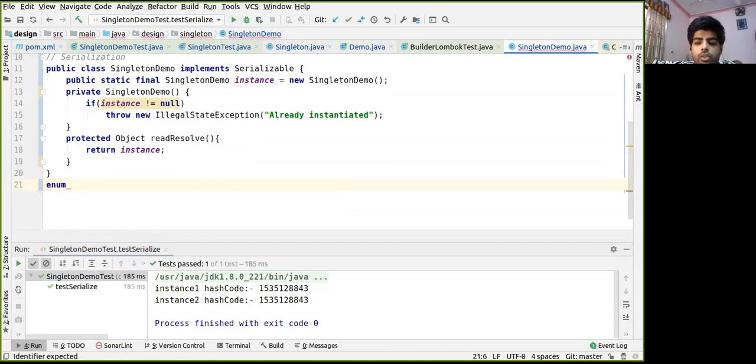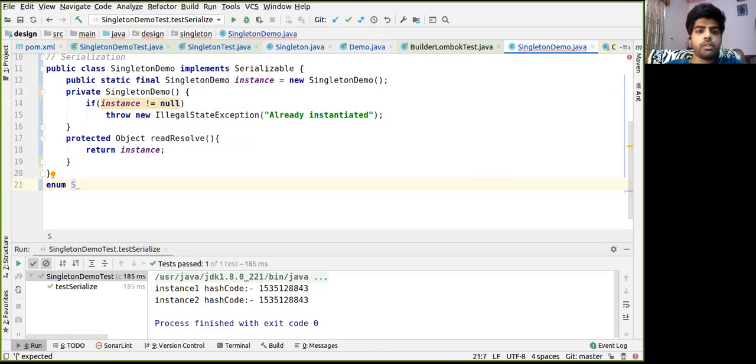We have this concept called enum in Java. It is similar to a class, and it is an object too. The specialty of enum is that it has a private constructor, whereas a class can have a public constructor.